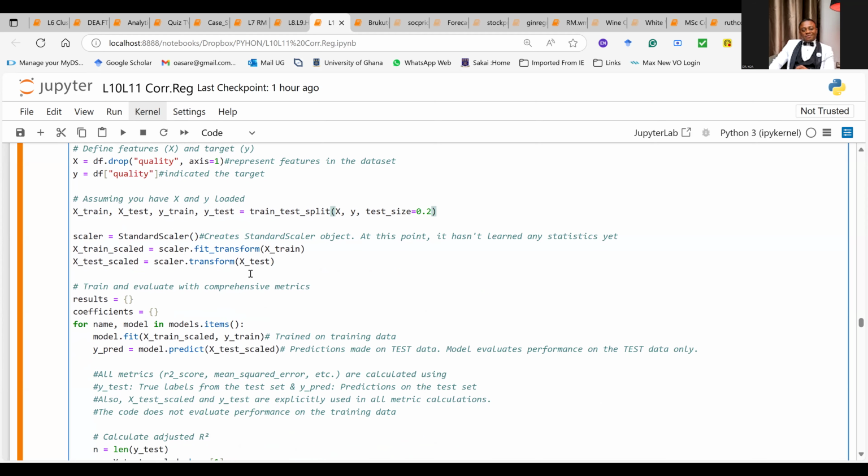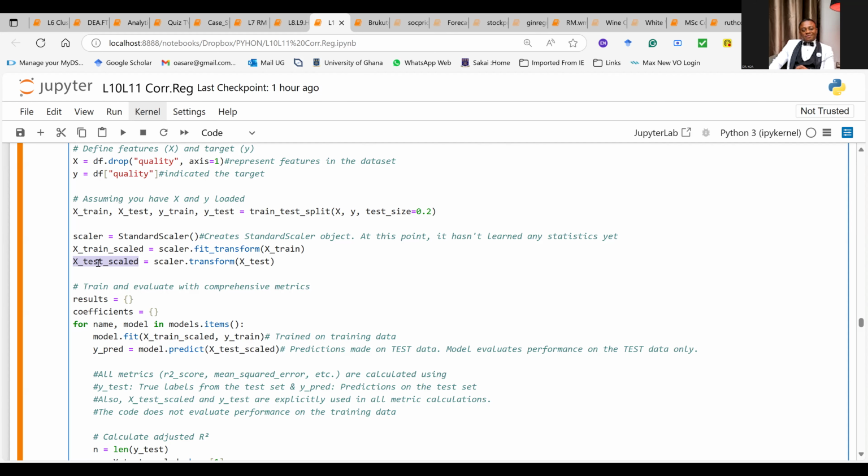The next thing is to standard scale the splitting you have done. So you've done the splitting. But you've just done it, you indicated that let's put 20% aside, let's go and work with the 80%. So you put a 20% aside. Now let's deal with the 80%. So you can see that every command you are going to see here is not about the 20%. Okay. In fact, you can do it for the 20%, but that is not what you're going to use to run your model. We can do it for the testing, as you can see I've done here, but you're only doing this because you have a huge code that you're going to run for the testing as well. That's why I'm doing it.